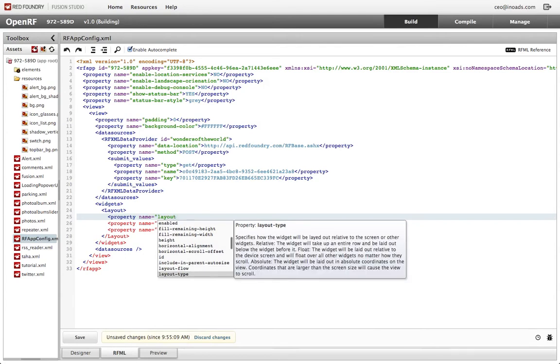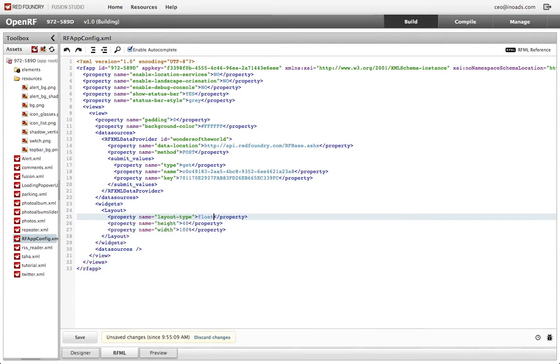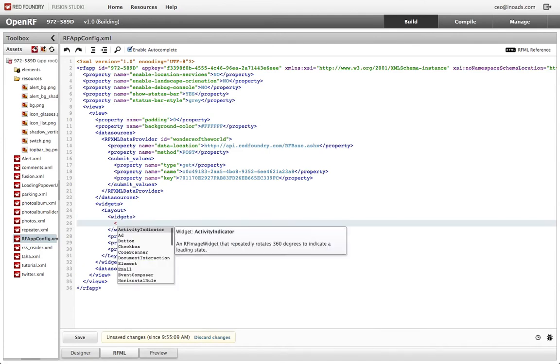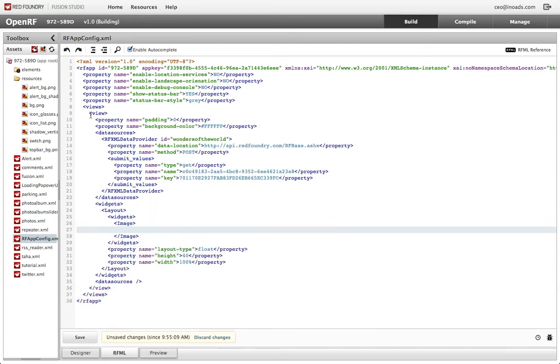We're giving it the layout type property float, and we'll also be giving it sub-widgets. So the sub-widget is image, and since I've already prepared an image called top bar background,